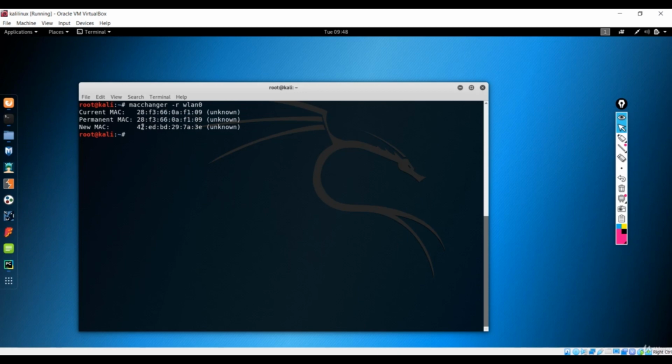Now after you change that MAC address, you have to roll your interface back up. That means you have to start your interface again. In order to do that, you have to use ifconfig wlan0 up. If you say down, it is going to stop that. If we type up, now our interface is up and running. So now if I say ifconfig again,